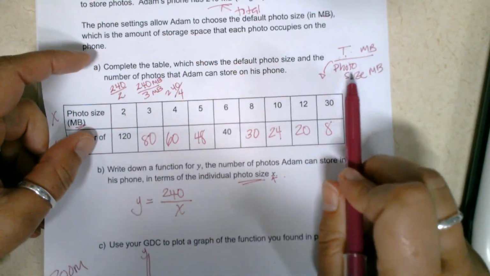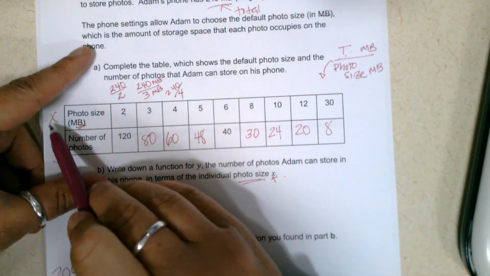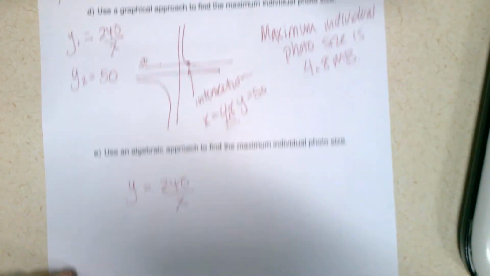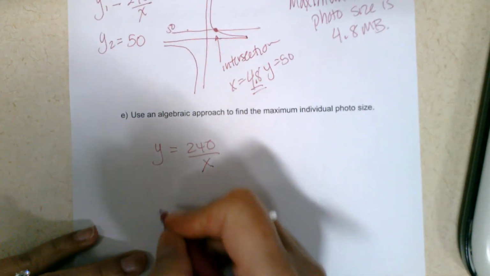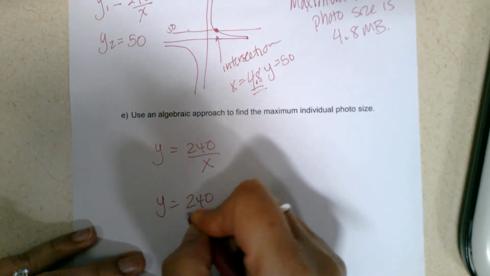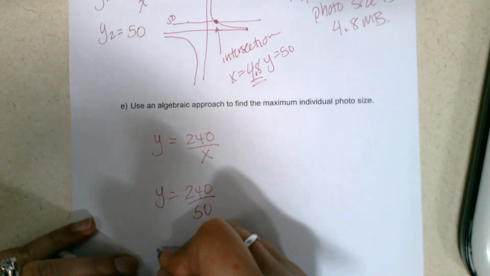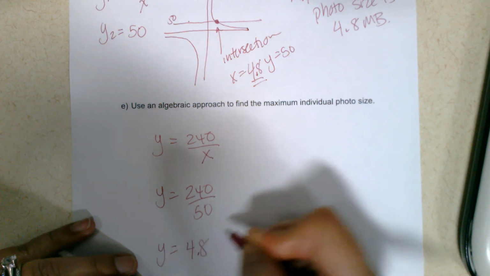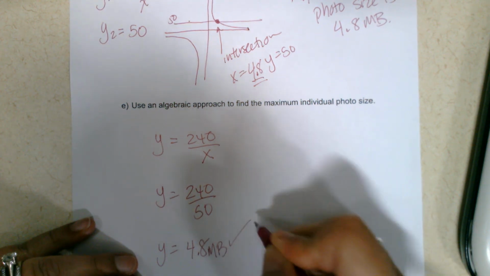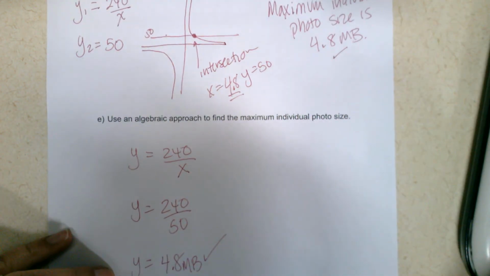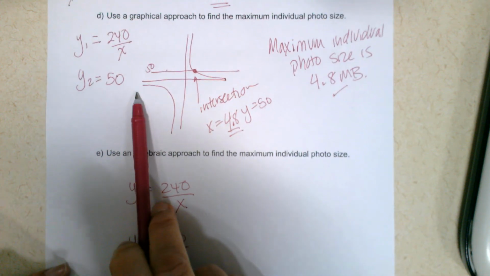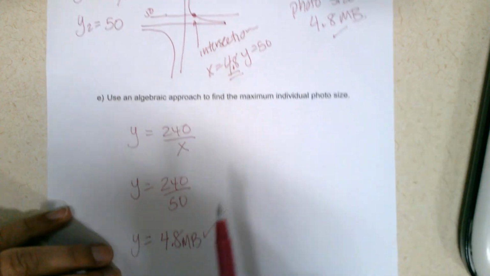Total divided by the photo size. Photo size is x. So they gave us that, photo size. So we have to substitute it in, 240 divided by 50. And when we divide that out, it's going to be 4.8, and that is definitely going to match up with what we got graphically. So you can either do it graphically on your graphing calculator, or you can find it